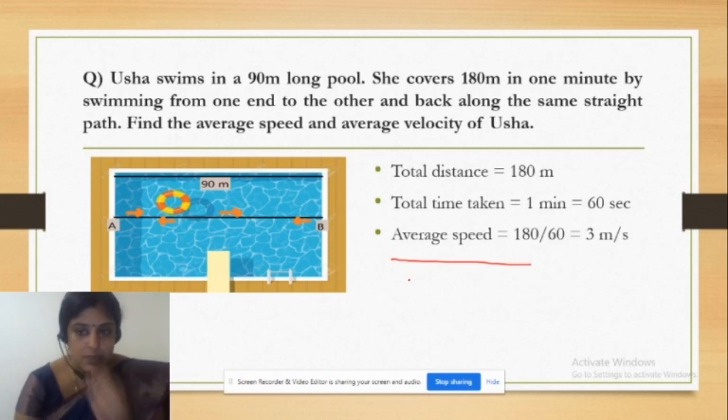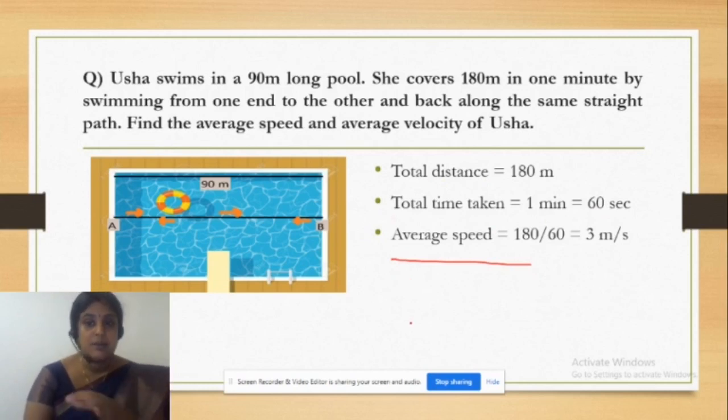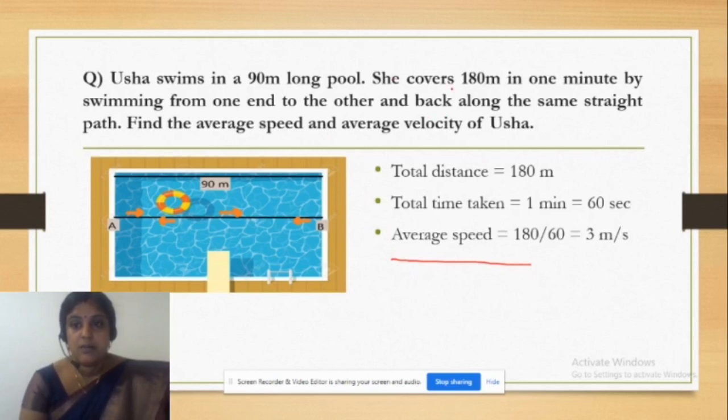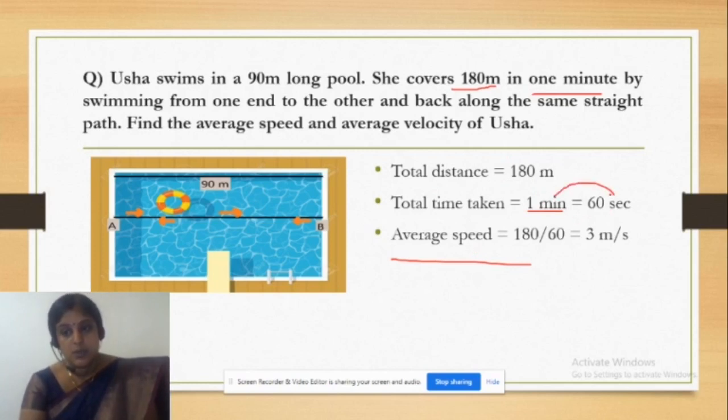So how did you get the average speed? I'll repeat it once more. Average speed is equal to total distance covered by total time taken, right? Here in the question it is given that Usha covers 180 meter, that is the total distance, in 1 minute, the total time taken. The SI unit of speed is meter per second, so convert this minute into second. You'll get the total time taken as 60 seconds. So average speed is total distance by total time taken, that is 180 by 60 is equal to 3 meter per second. Is that clear,